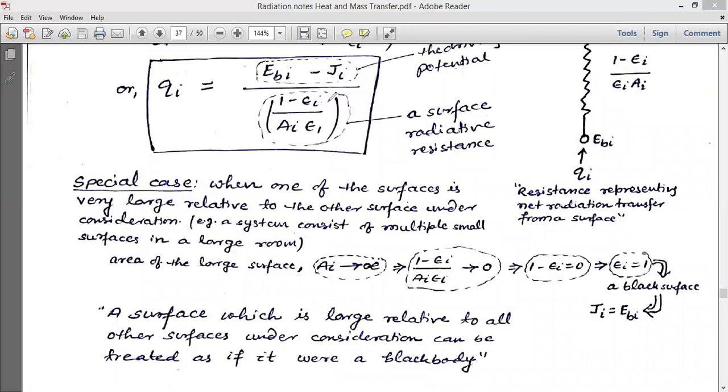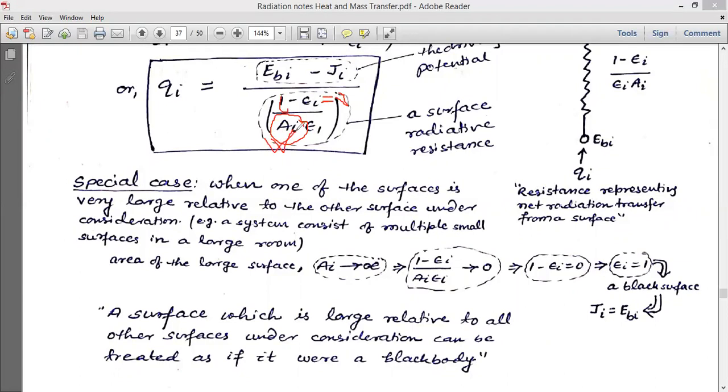Epsilon I tends to 1, means emissivity of a real surface I is tending to 1 when the surface area of that surface tends to infinity, that means जब surface area बहुत बड़ा कर देते हैं तो एक real surface किसकी तरफ मूव करना शुरू कर देता है? ब्लैक बॉडी की तरफ बिहेव करना शुरू कर देगा।